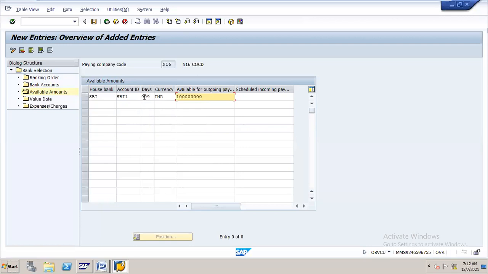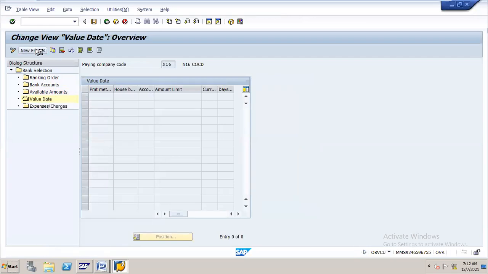Suppose by giving 999 days, this amount is available in the system for n number of days, meaning how long it is available in the bank. That amount is available in the system also for n number of days. That is the reason I have to give 999 days. Okay, save it.